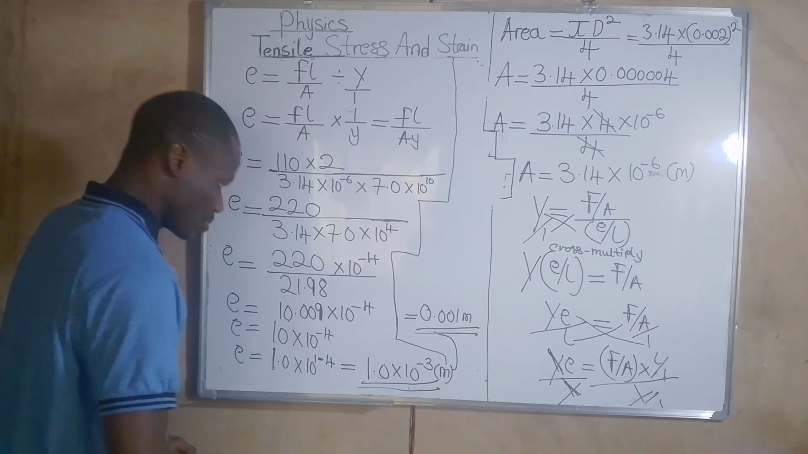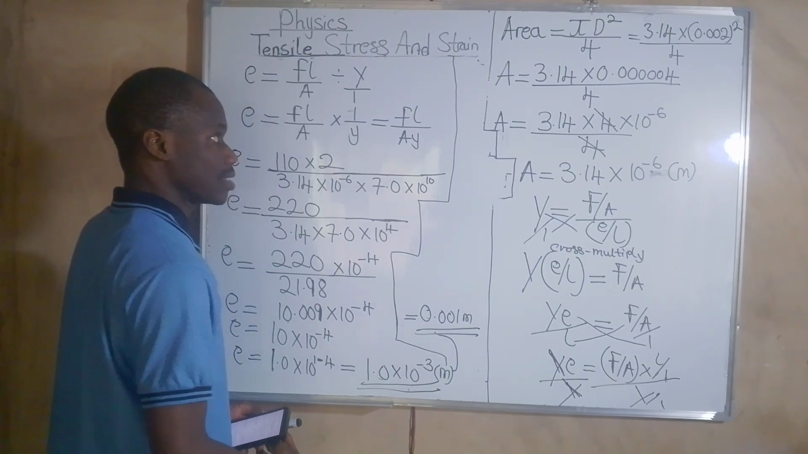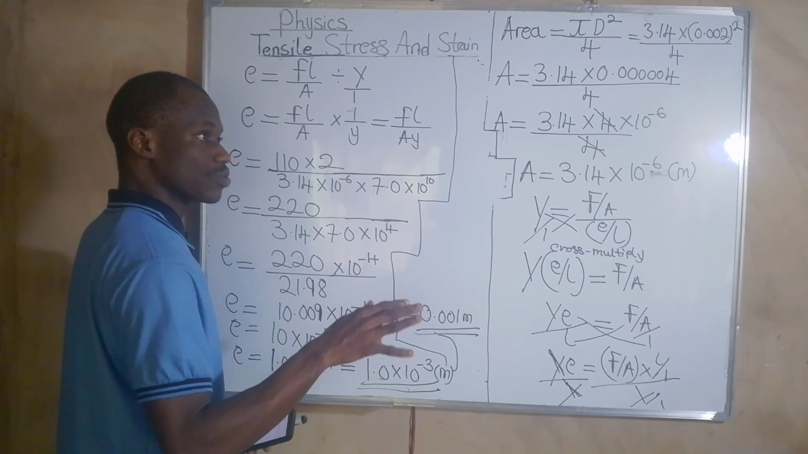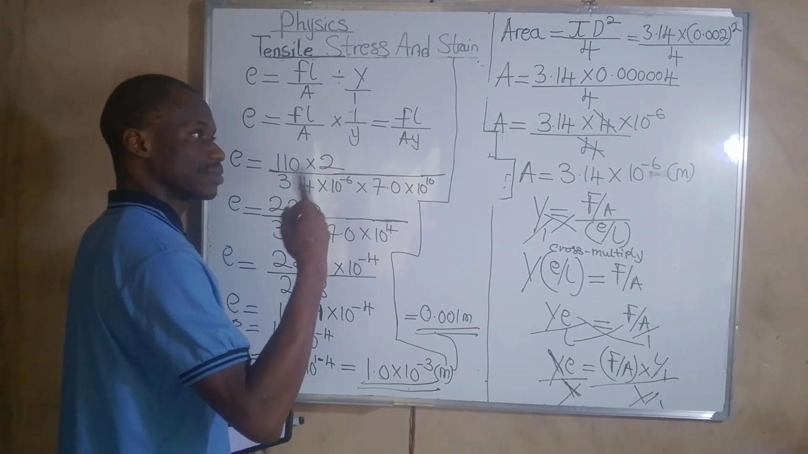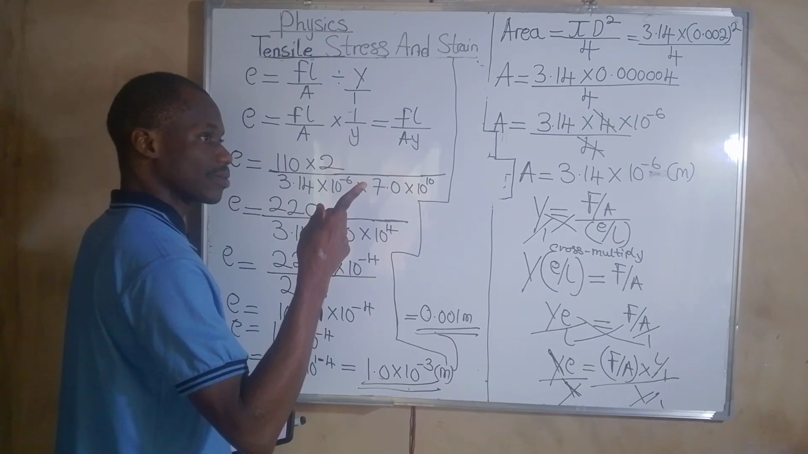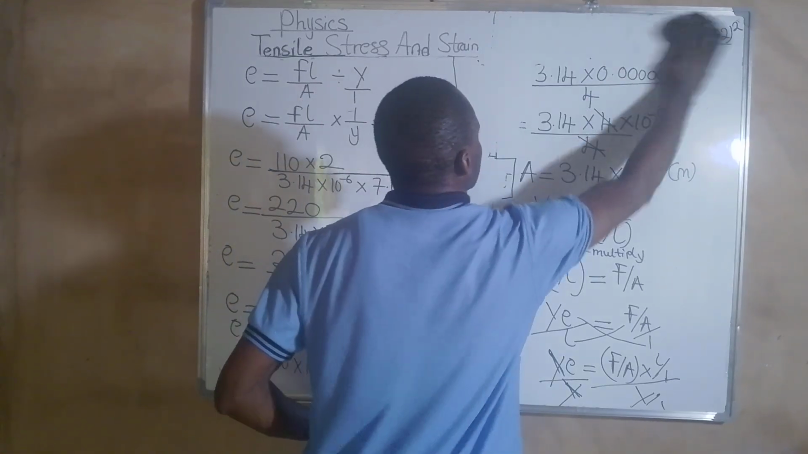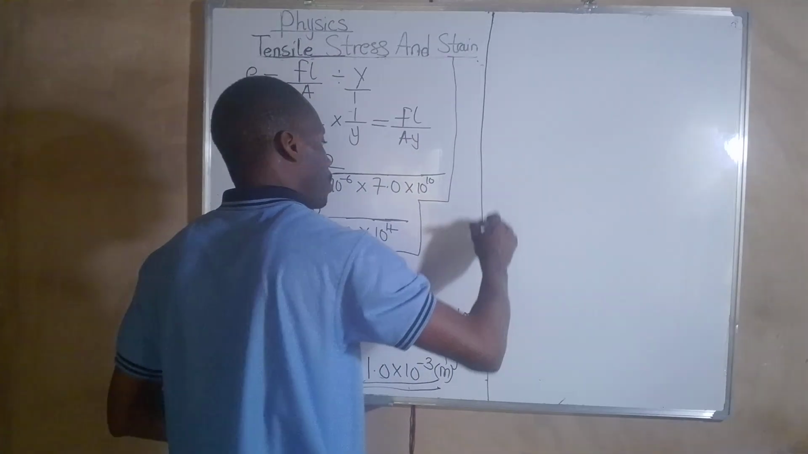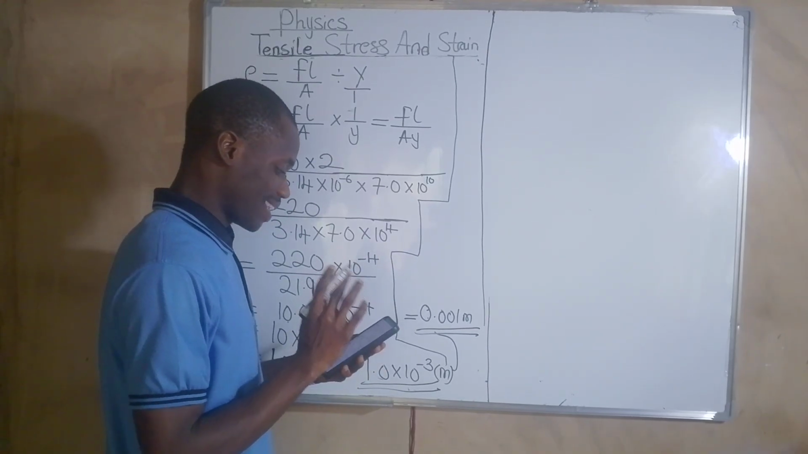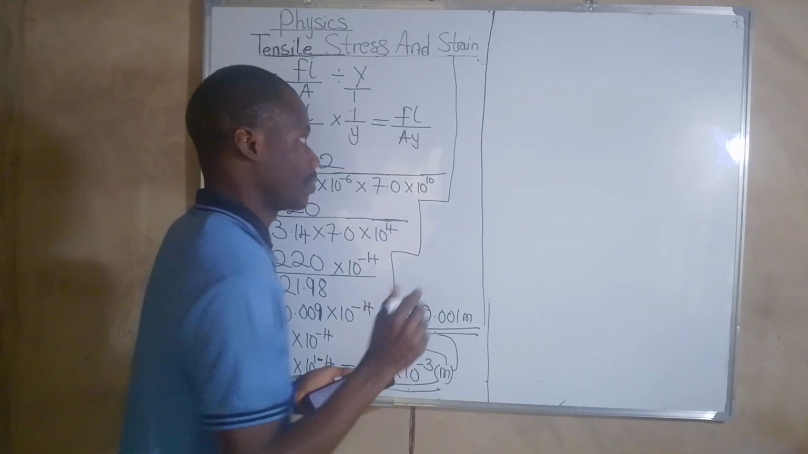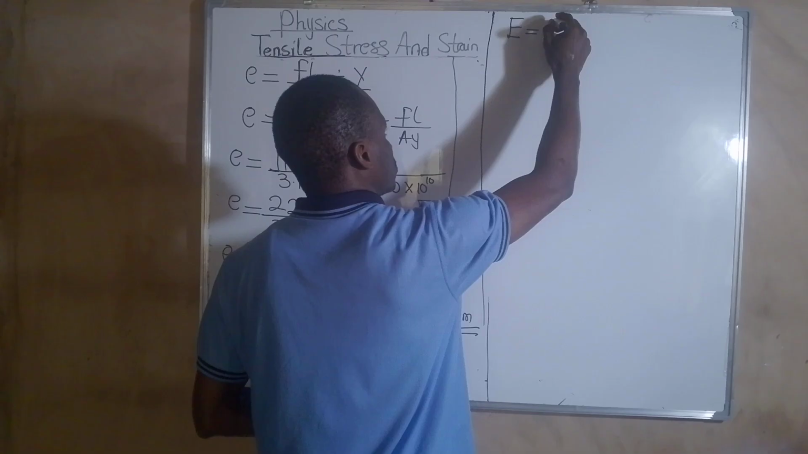Okay. So now we'll use the last formula that says elastic energy equals half times what? Force and extension. Force times extension. Very good. Remember the question lastly says calculate the elastic energy stored in the wire. So elastic energy stored in the wire is half